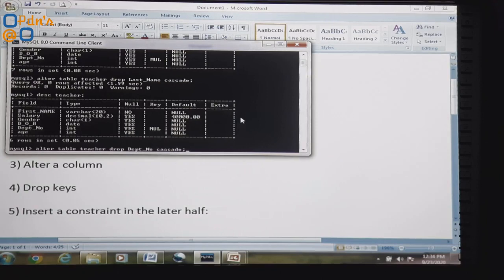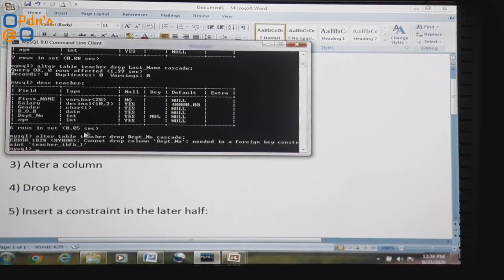See here, department number has been declared as a foreign key, and we are dropping that column itself. So that means we are also removing the foreign key from this relation. Once we use the alter table command on such a foreign key column, whether it works or not, let us check. See, error, cannot drop column.